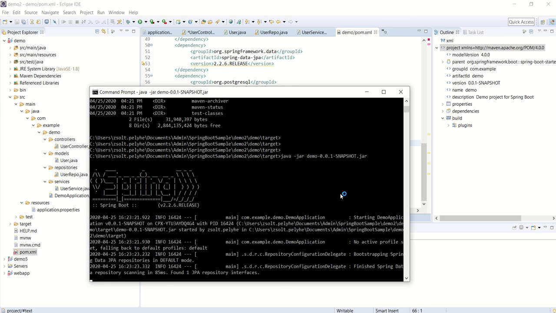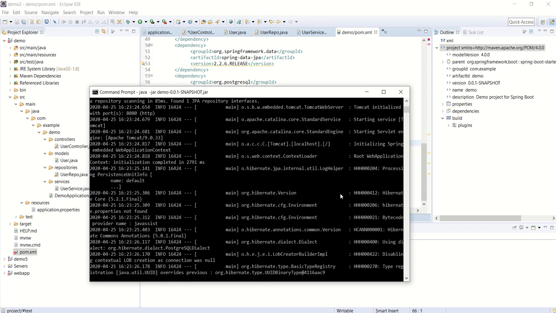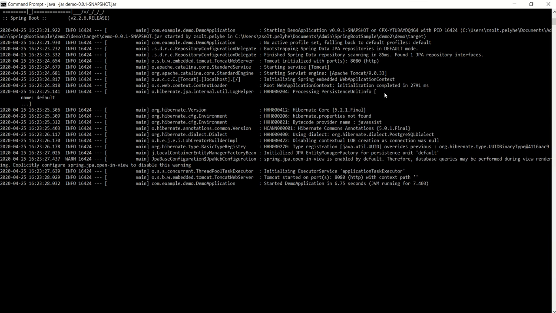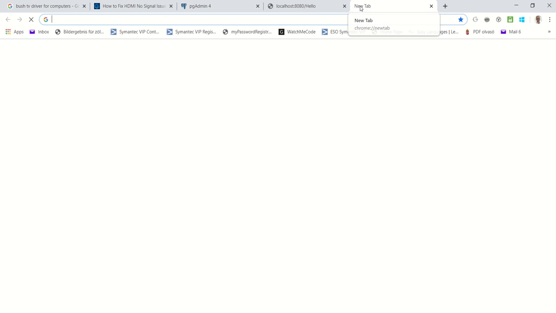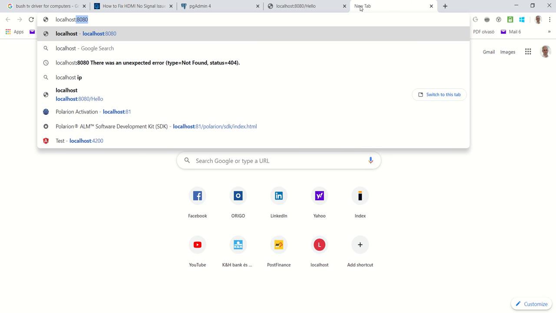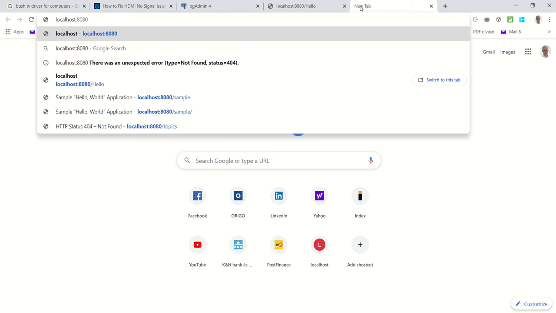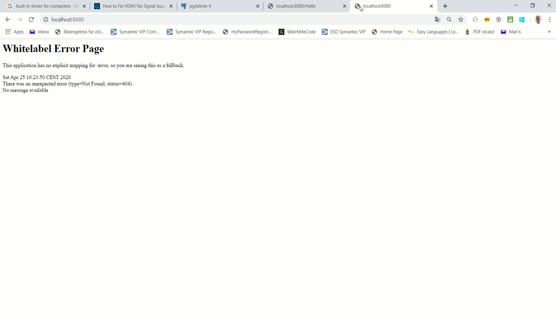Okay, now we started our backend this way. So when I check it, it says that the backend has been started. So started the demo application. And then I want to check if it's really started or not. How can I do that? So it's running on a Tomcat server. The port is 8080. So I'll go to localhost 8080. It will give me an error because nothing is there, but